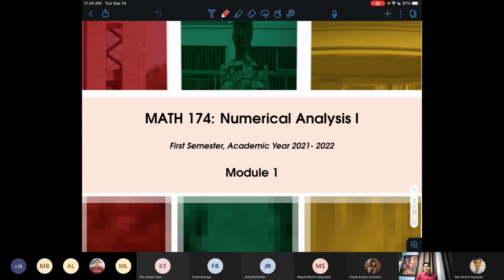Okay, so let's do a little bit of orientation about the course, the lecture-lab setup, and probably some things about the first module. And have you tried Canvas before? Because our learning management system for the class would be Canvas. It's also my first time using Canvas, so let's learn it together. But if you want, we can go over Canvas later, a little bit of a tour of our Canvas worksite, so you're more guided.